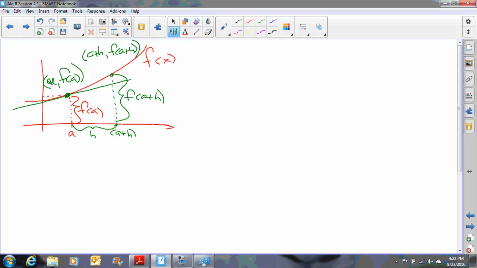Now, a line that goes through those 2 points we refer to as a secant line. The idea in geometry was a secant was a line that intersects a circle in 2 points, and we use that same terminology when we talk about a secant line on a curve. Now, the slope of this secant line